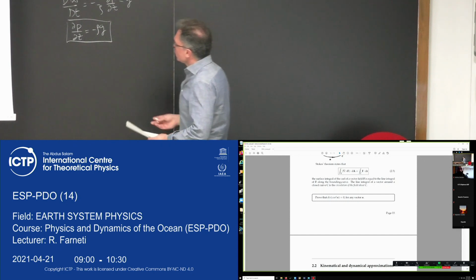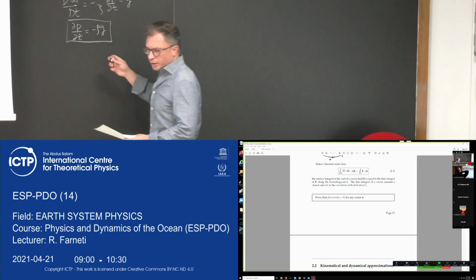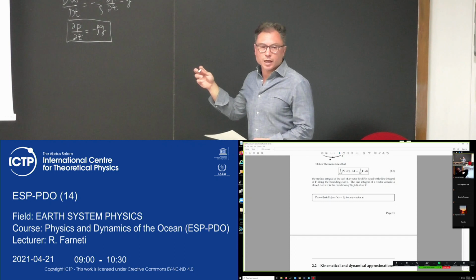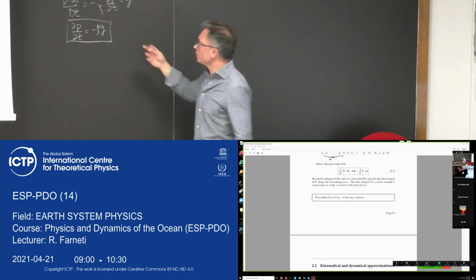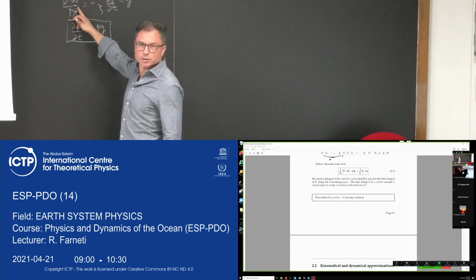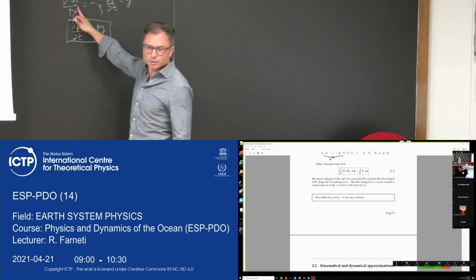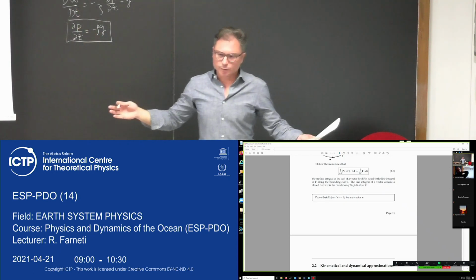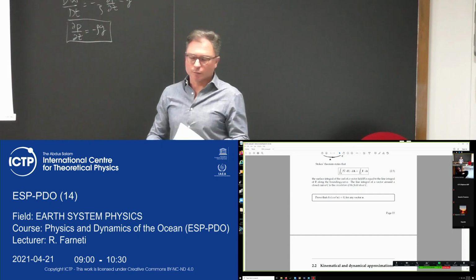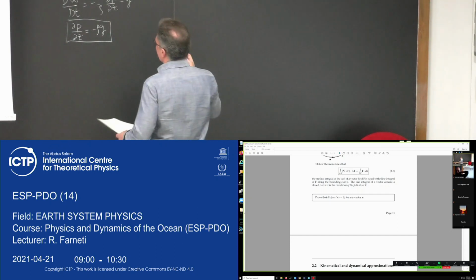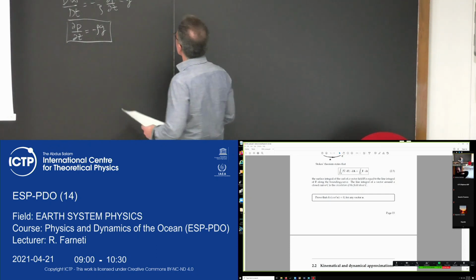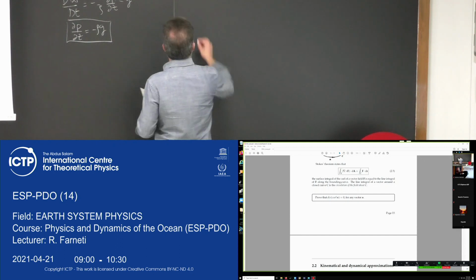So you can show that the hydrostatic balance is nothing but a small scale aspect ratio, okay? Meaning that the horizontal velocities are much larger than the vertical velocities, or that the horizontal scale of the motion is much larger than the vertical scale of the motion. And this is true for the atmosphere and the ocean. Okay. So if you start from the momentum equation,